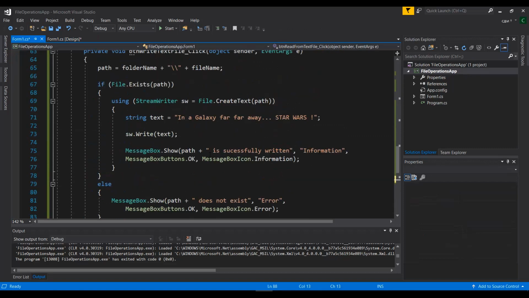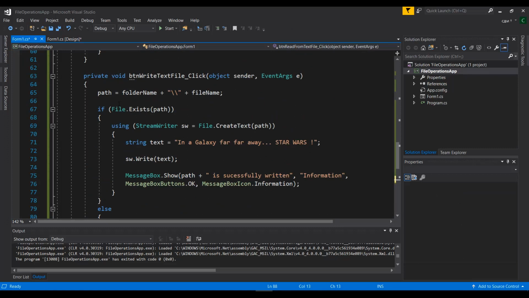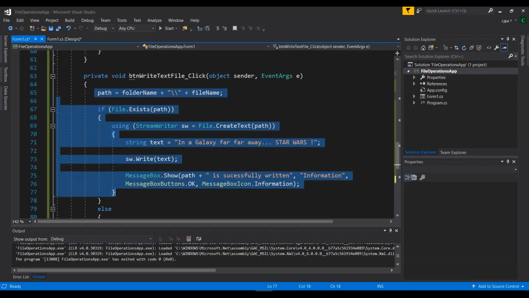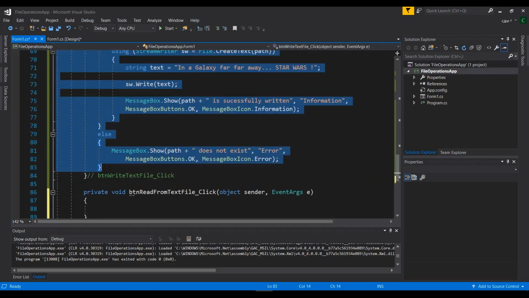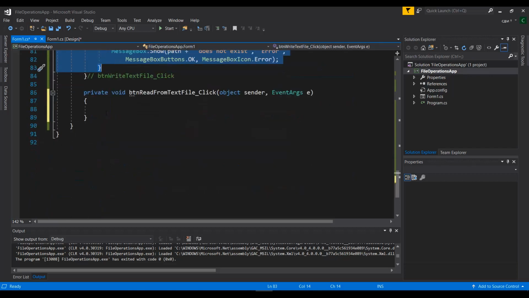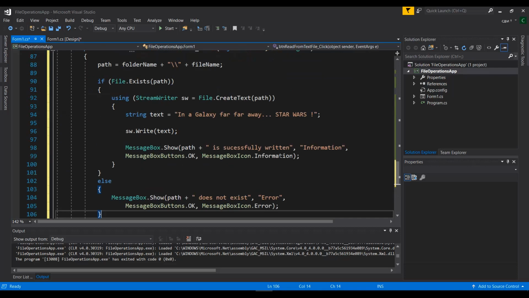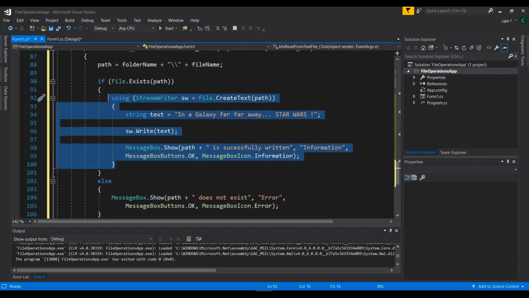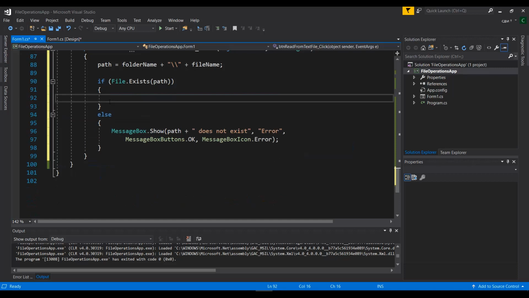So in order for me to read from a file, that file must exist. There is no other way. So I'm gonna copy paste this entire statement in here and only change this part where it says using string writer, because I'm not gonna write into the file this time. I'm gonna basically